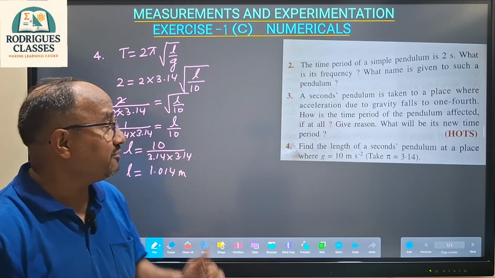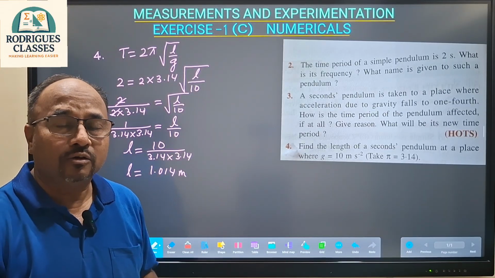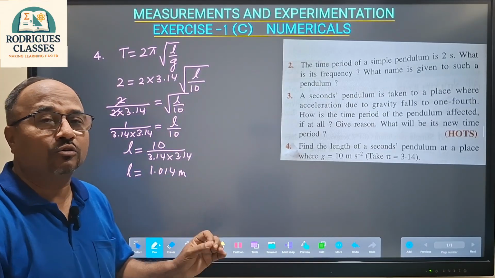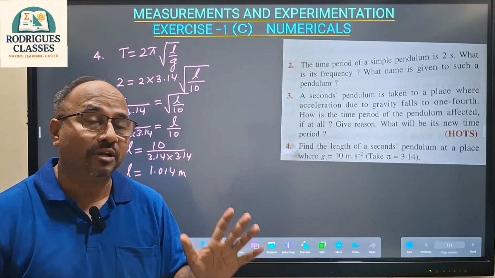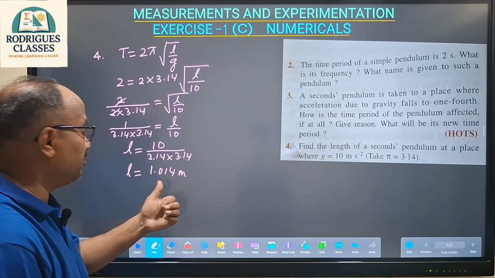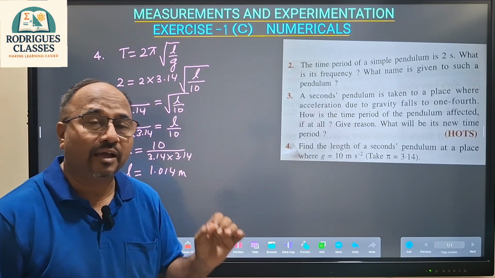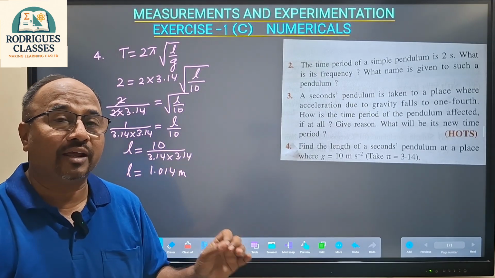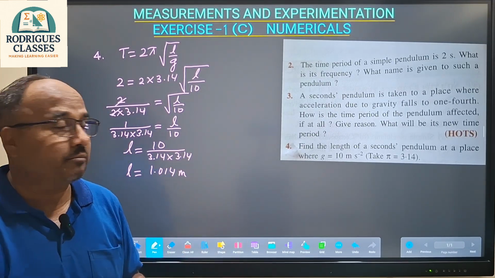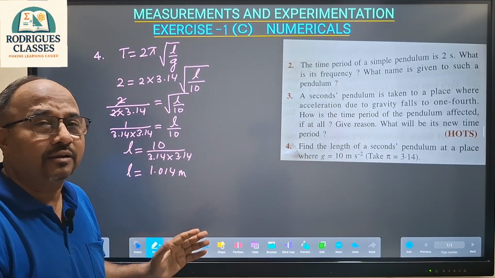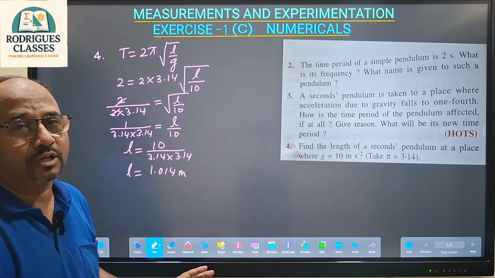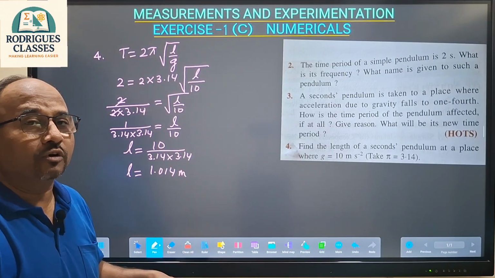And if G is given as 9.8, it will come very close to 99.89 centimeter. So if you remember this value, you can simply directly write it and escape from this calculation. So now we move on to